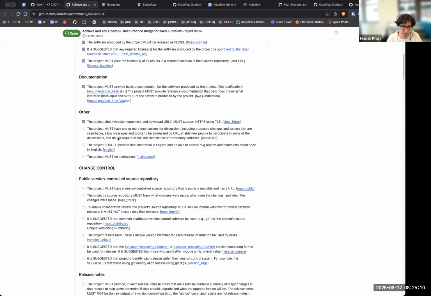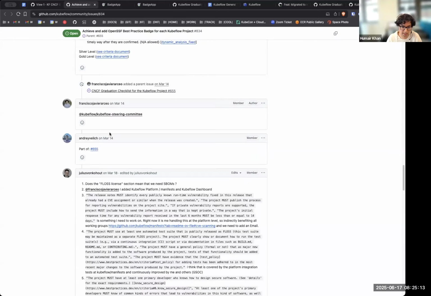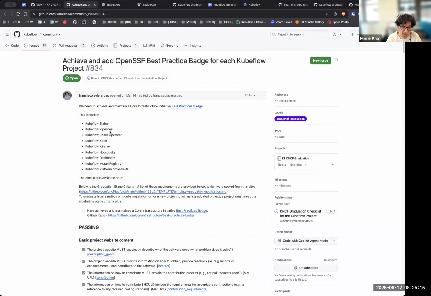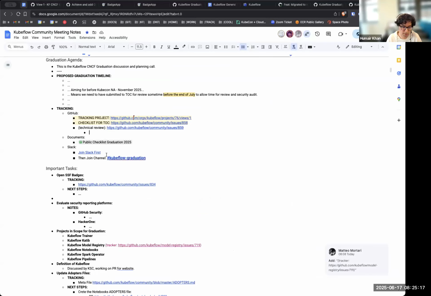So the ask from the working groups is to go over this and identify what the action items are for the individual working groups that are outside of the scope of the manifest repo. Is that